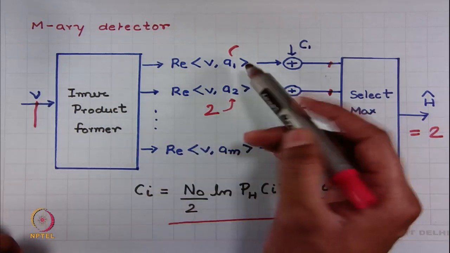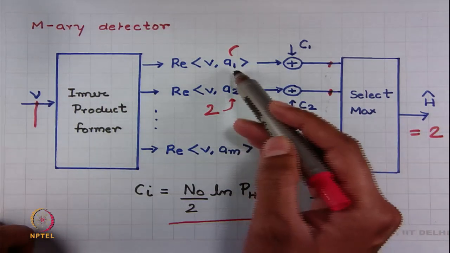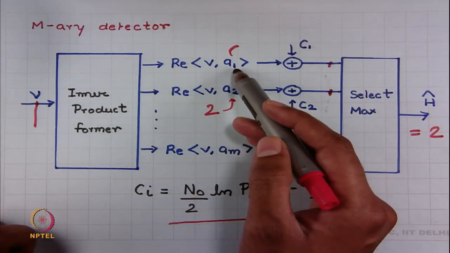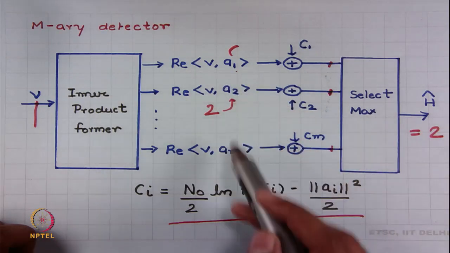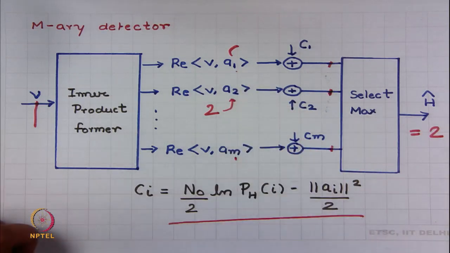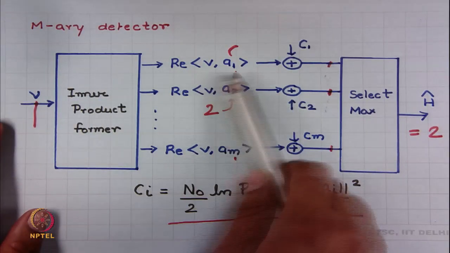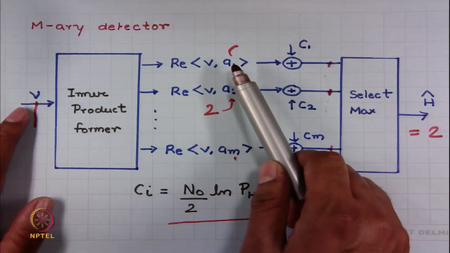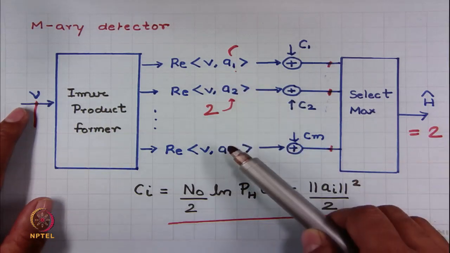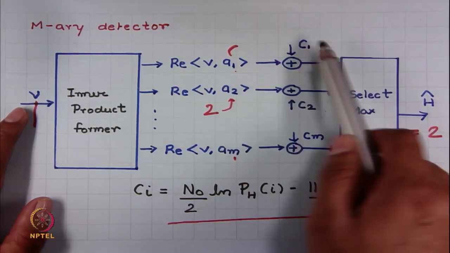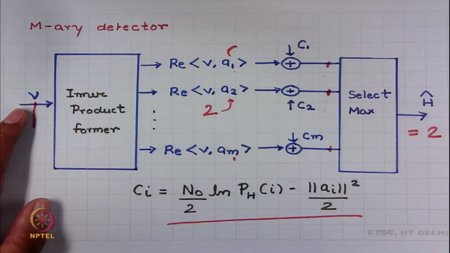So, here I am assuming that I am having M hypotheses, where this corresponds to hypothesis 1, this corresponds to hypothesis 2, this corresponds to hypothesis M. And so, the M-ary detector is a simple detector, and this we actually discussed way back in lecture 4, where we said that the detector takes a decision based on the inner product of the received vector with the signal set,